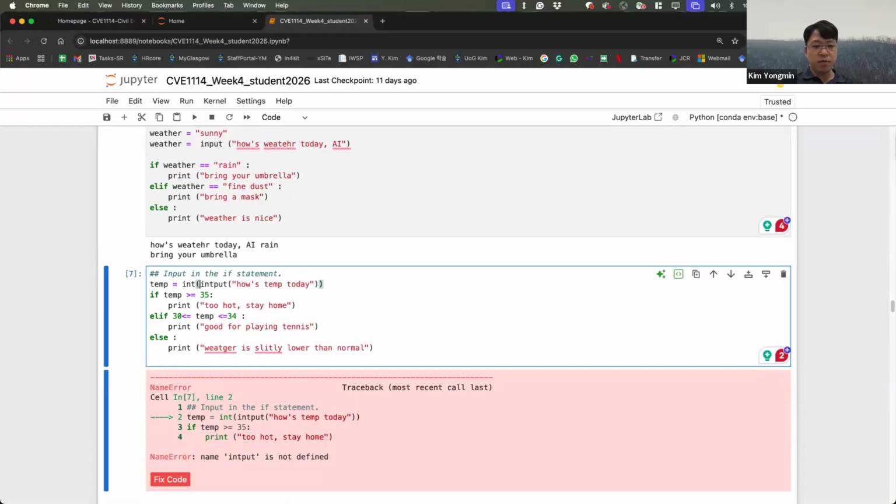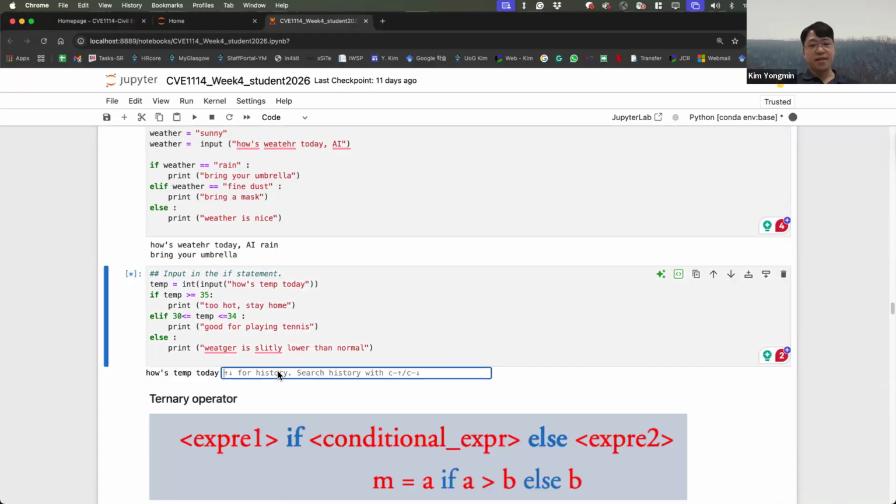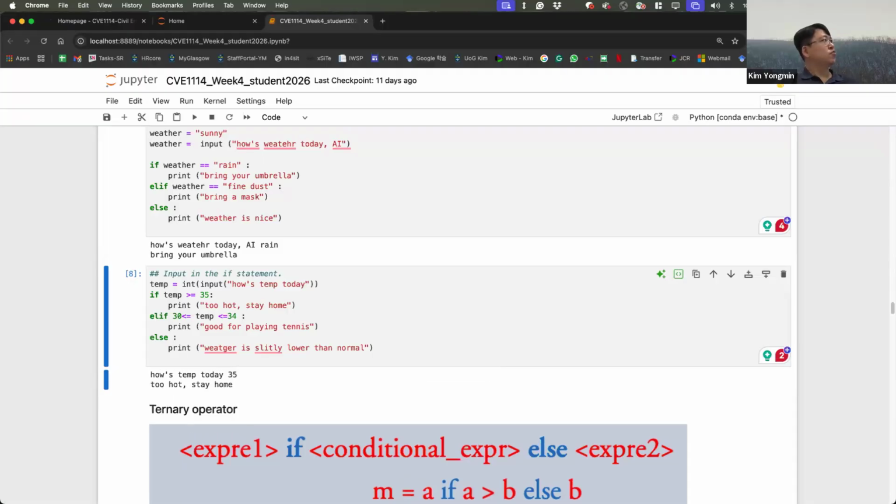Integer values. What happened? Oh, spelling of input. Oh my God. 35. Too hot, stay home. Thank you, everyone, for pointing me in the right direction. We also support each other.